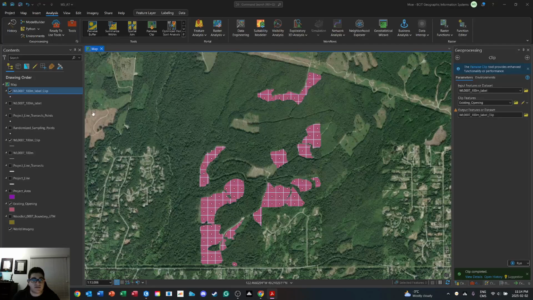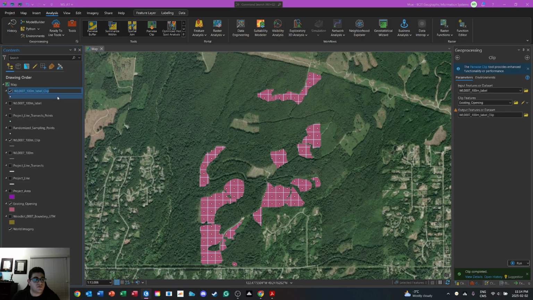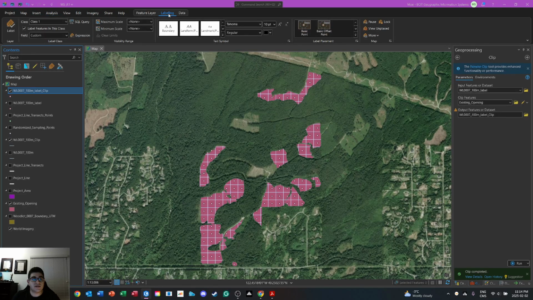Doing that, very simple. We want to select our labeling tab. So once we have our new woodlot 007 label clip created, you want to hover on label, select it, and you get to work with these. So first thing you have to change is your field. Your field is set at custom. You want to change that to OID,